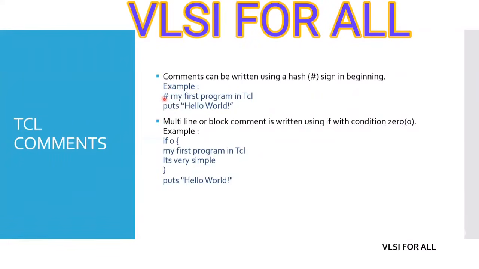If you want to add a single line comment, if this one particular line in the code has to be commented, then you can use a hash in the first place. Then this line is commented. It doesn't parse this line. It doesn't throw an error saying that this line has some word which is wrong or something, it doesn't even consider this line. It just keeps this line as it is because TCL considers this as a comment.